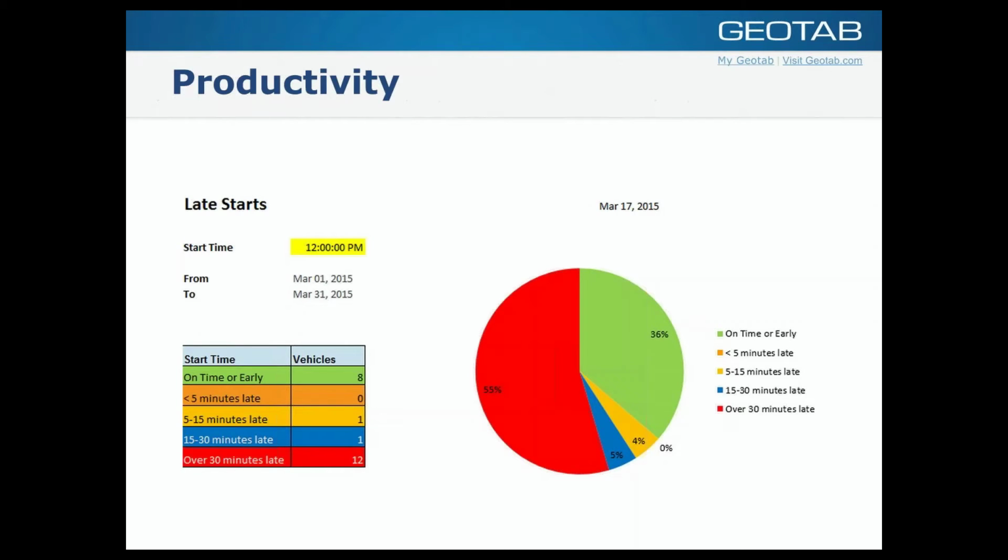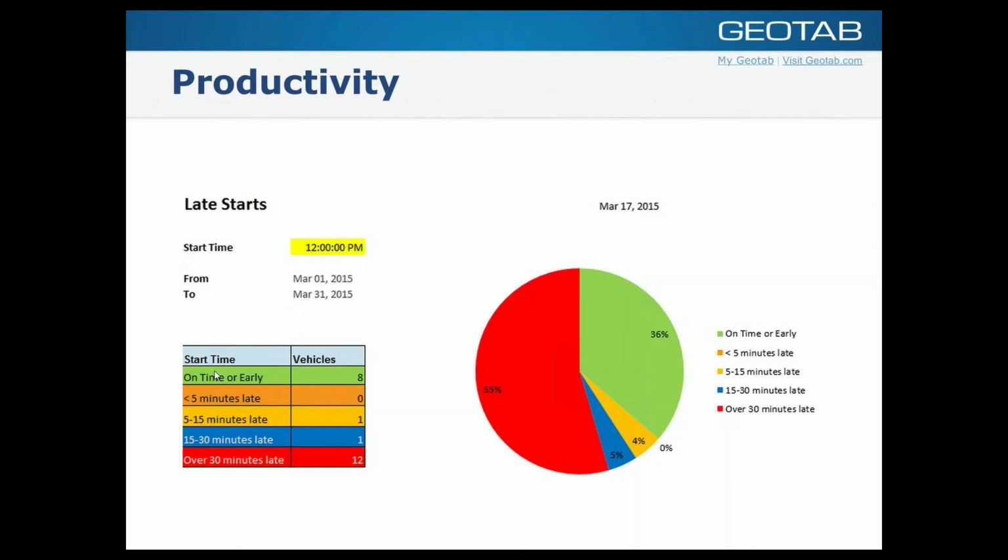This is actually looking at the base time card report and just making a couple of tweaks here and there and looking at incidents of how many times the fleet has been early, late, or how many vehicles. So we can actually set our start time. You can see over here highlighted in the yellow where it says 12 p.m. We can switch that to say 7 a.m., 9 a.m., whatever you want to switch it to. And then when you actually change that time, all of this will be recalculated depending on what vehicles and what